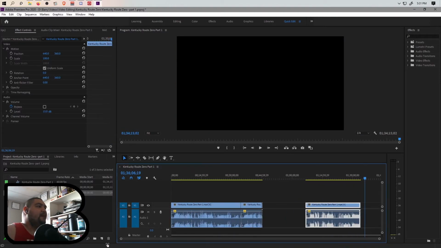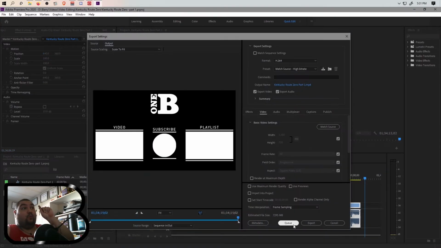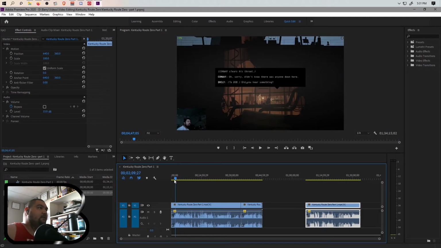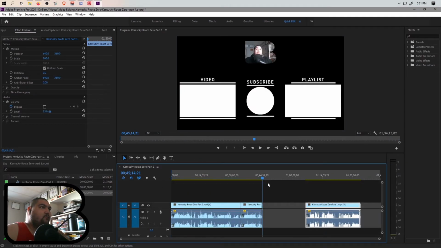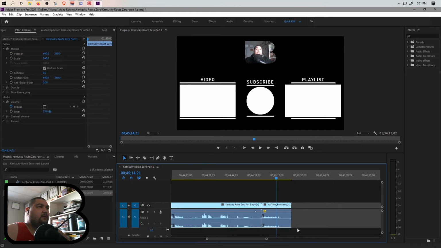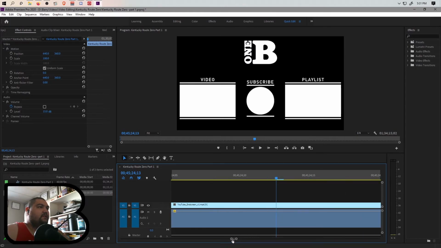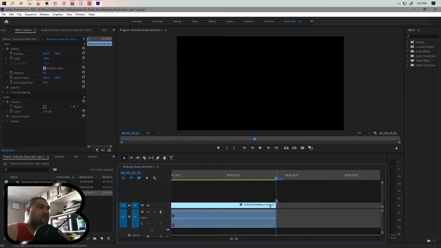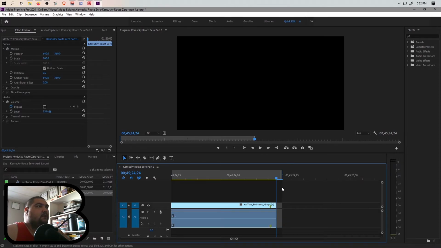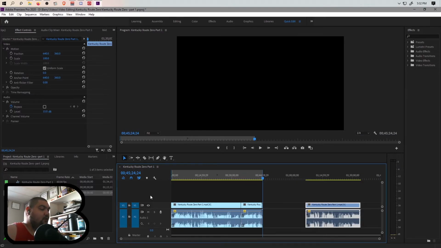All right, so now we're going to hit Control S. That saves. Then Control M, that exports. Wait a second. You gotta do the in, right? You gotta know where the video is going to be cut, your ins and your outs of the sequence. Otherwise, it'll render the whole thing, and you'll have black frames, empty frames all through there. And there we go. We'll Control S that, Control M,